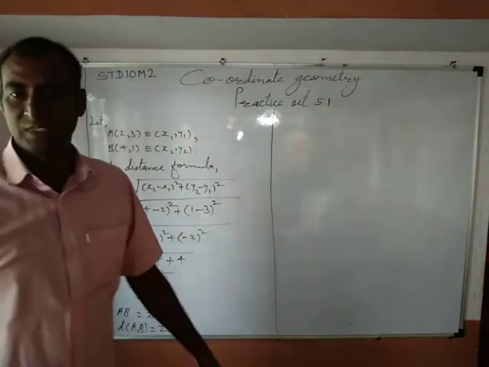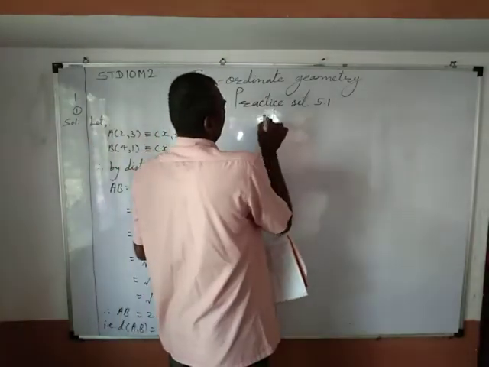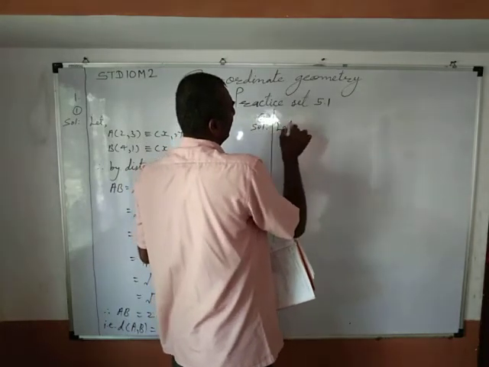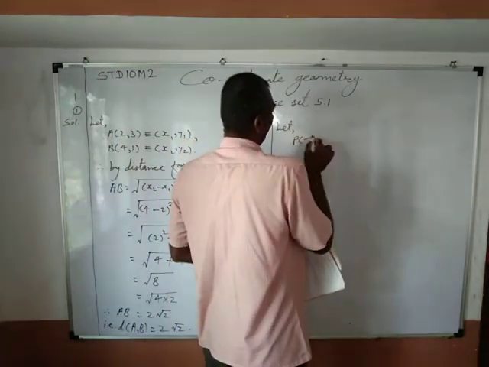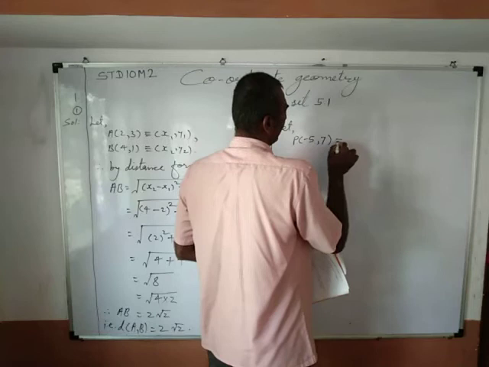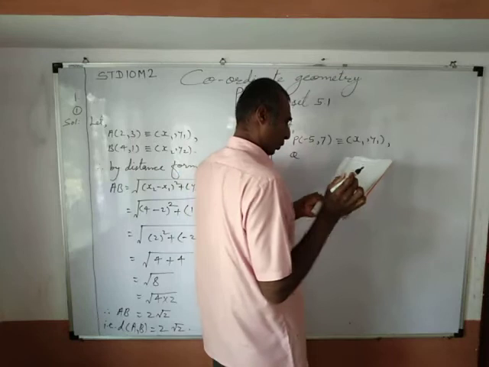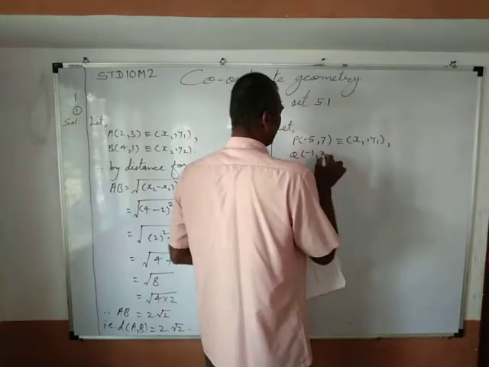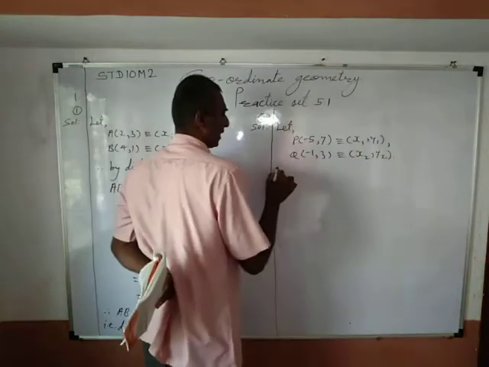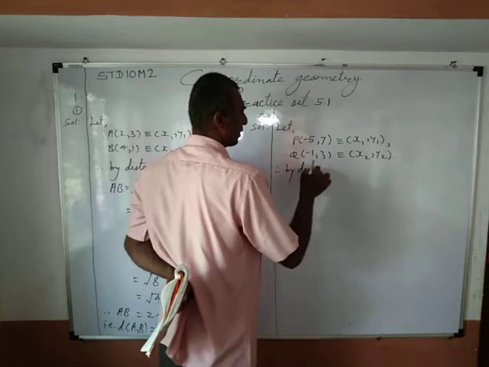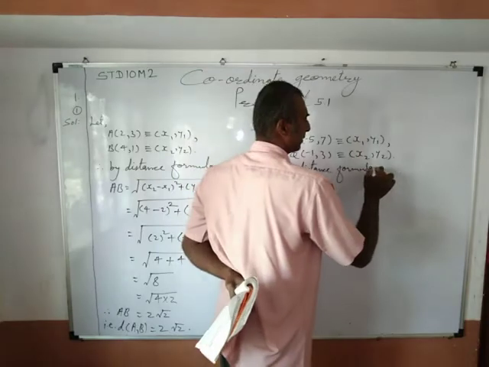Okay. Sub question second. Solution. Let P(minus 5, 7) is (x1, y1) and Q(minus 1, 3) is (x2, y2). Therefore by distance formula, PQ